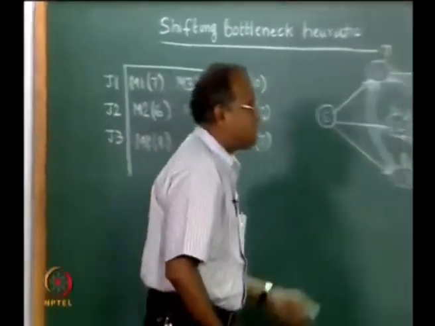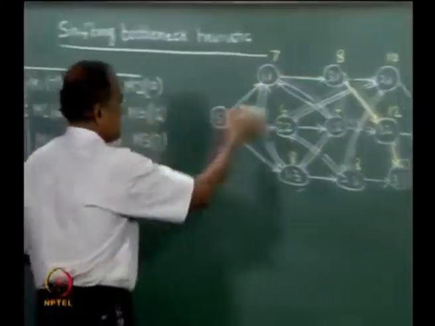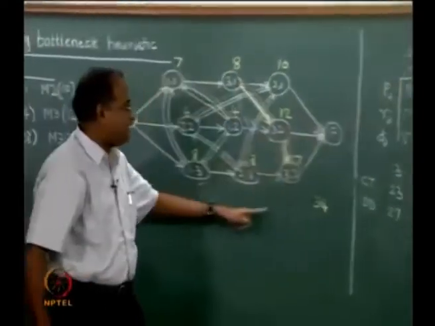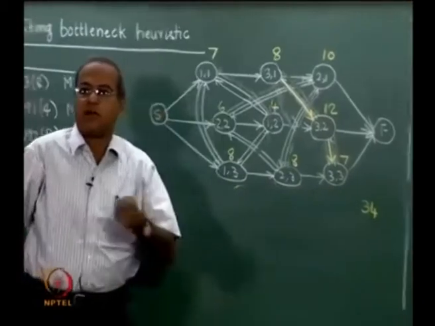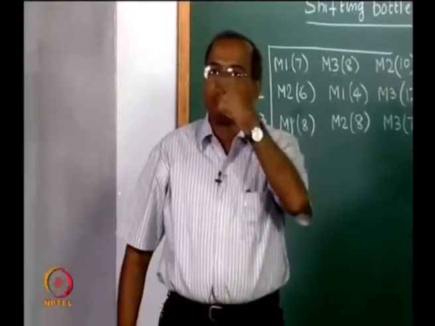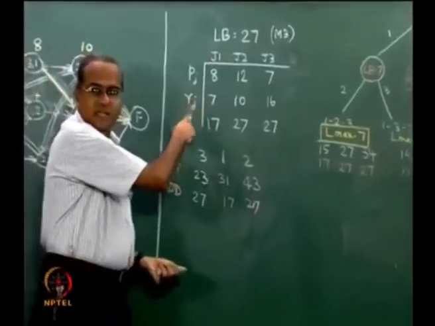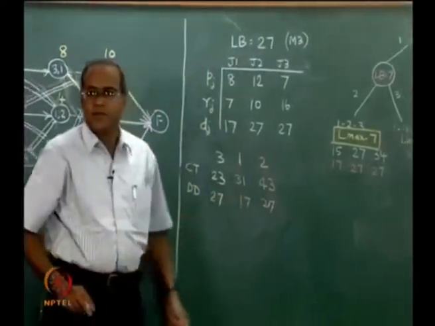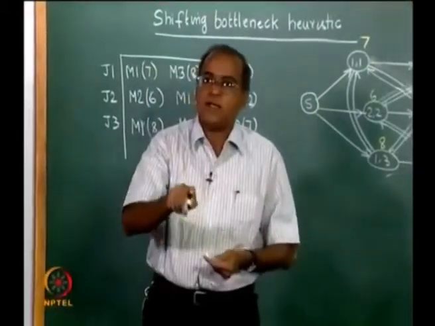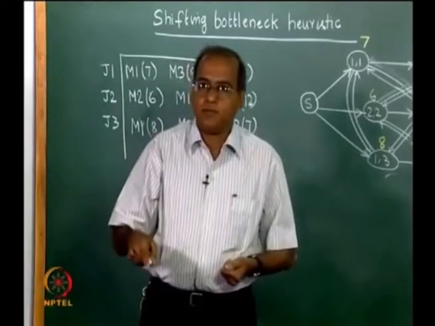We then update the makespan to 34, because the longest path is 34. When we did M3 we got 27, and now we have updated the makespan to 34. So we solve a 1 | Rj | L max on M2 with makespan equal to 34, and suitably define the Rj's and the Dj's for M2 and solve it. Then the makespan may increase. If so, keep that and then solve it again for M1 to get the best route for M1.